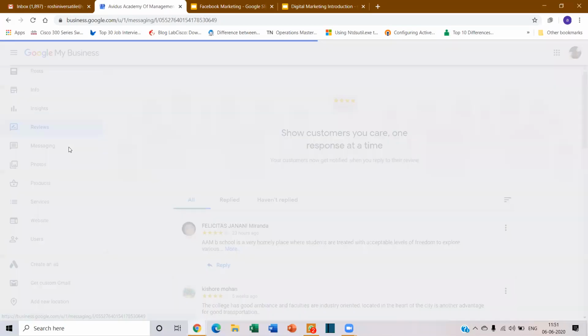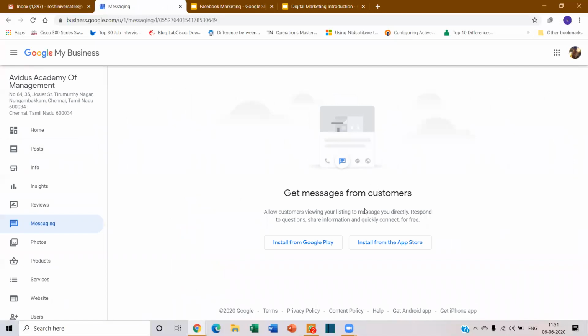This is the dashboard basically. And Google also has a unique messaging feature, but this is only for an application. For example, there are some people who will call your business, and some people who will message you. It's instant messaging, just like Facebook messaging, very similar to that. It's not a very frequently used feature, but people do use messaging.